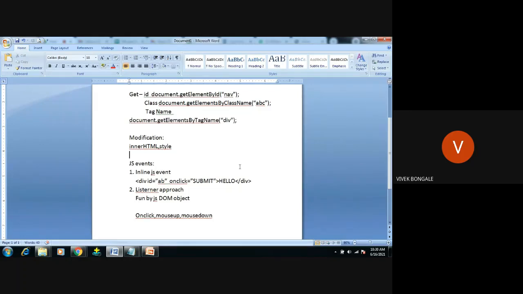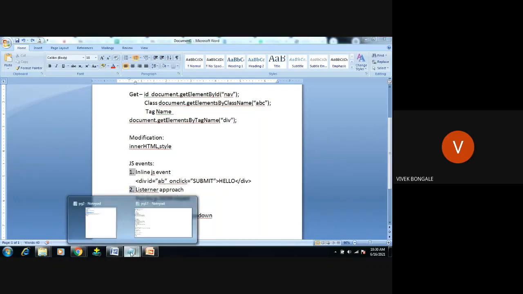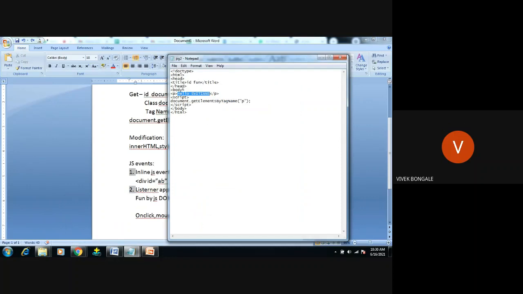With the listener approach, we don't give it directly to any particular element. We create a function and, by using the DOM object, call this event. This is what is recommended. Then we'll see an example now. I will remove all this part. Okay, close this.